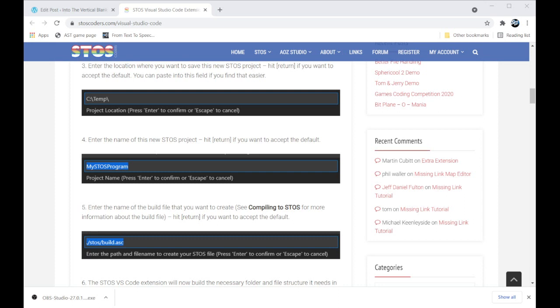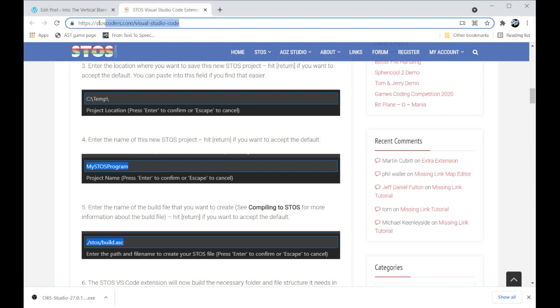Neil Holliday's stoscoders.com site and link are on the screen now. I suggest you go to his tutorial linked in the show notes. It will give you all the basics for setting up and using the VSCODE plugin. Also, there is a full text and graphic tutorial companion for this tutorial linked in the show notes. It will give you more background and also links to tutorial number 1 and tutorial number 2. Number 1 is on setting up Atari and the entire environment, and also will give you a download of everything